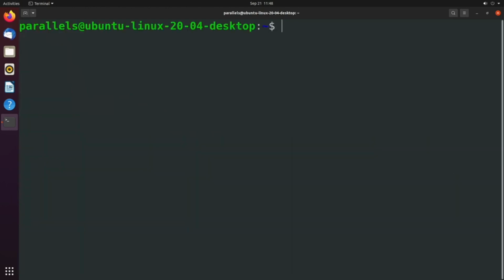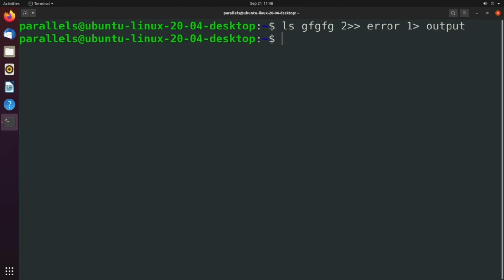Now the next thing I wanted to show you is that when we have a command such as this, the 2 refers to standard error. This is the file descriptor we've talked about in an earlier episode, and there's also 0 and 1, where 0 is input, which we're not using, and 1, which is standard output. And that's actually implied when you just have a greater than sign. There's an implied 1 here. So you could do this as well. That's going to work the same exact way,